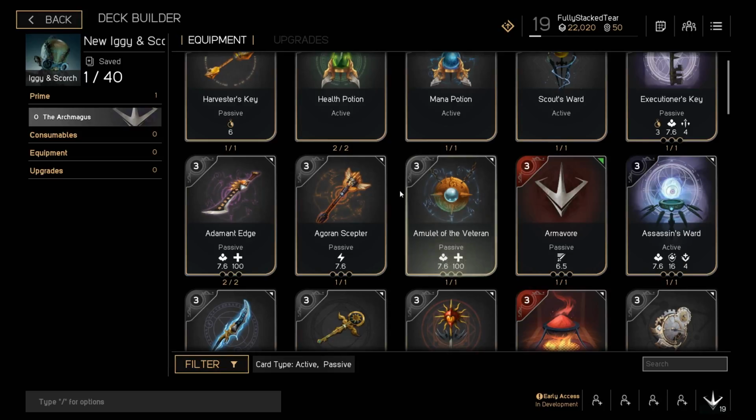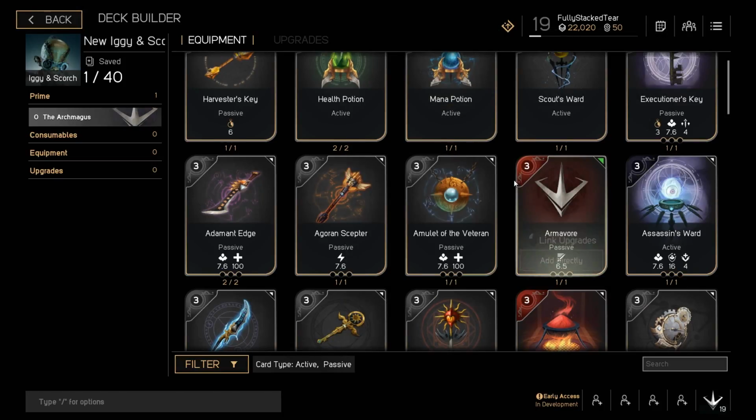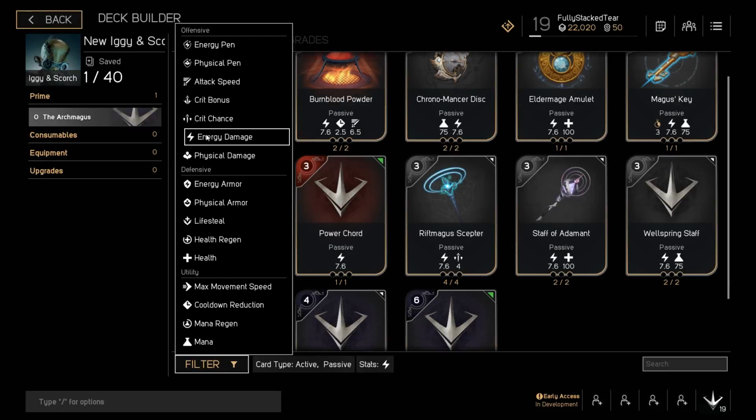Now, as we've talked about previously, there are two kinds of cards in Paragon. There are equipment cards, which are these, and then there are upgrade cards, although you need to have equipment cards to use upgrade cards. So for my first card on Iggy, I'm going to want to pick something energy, because he does energy damage. So I'm going to go ahead and filter it, which you can do here for any attribute. So I'm going to click energy damage,